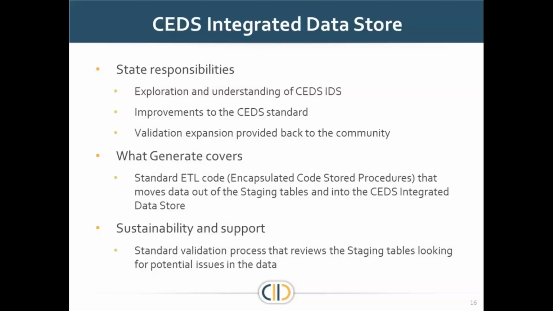One additional contribution that you'll be able to make is in validation. One of the things related to the staging process and the encapsulated code process is a series of scripts that we've created that run validation checks against data in the staging tables. That code runs and looks for problems with the data and then logs it into a table in Generate where you can review it and see some of the error messages that it's created. An example of one validation check is looking at your option sets, for instance. It looks and says, does this option set for this student exist in the source system